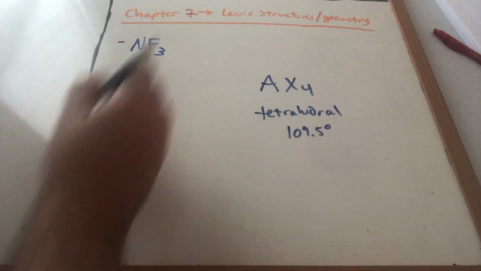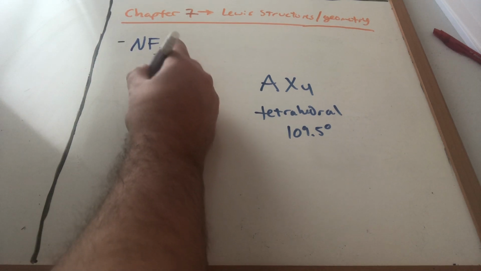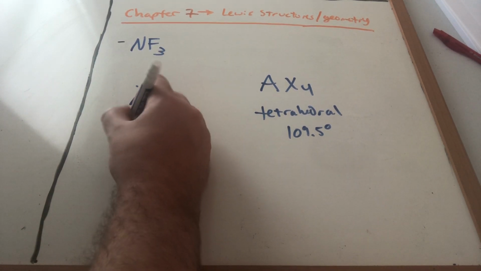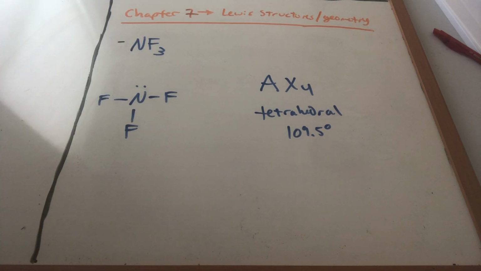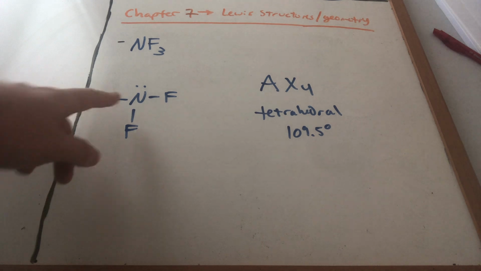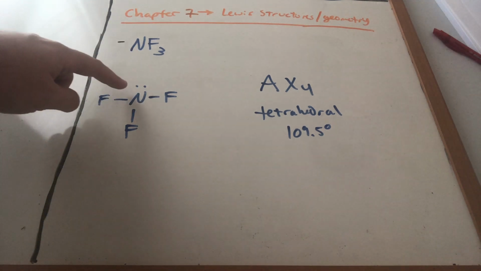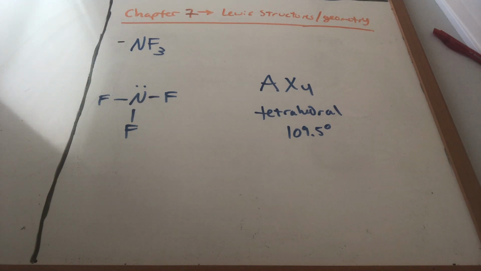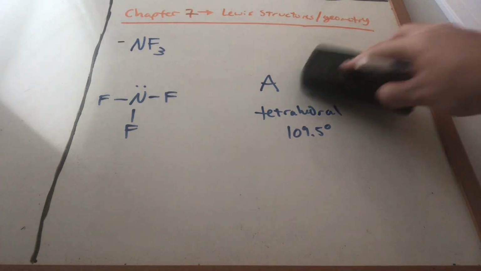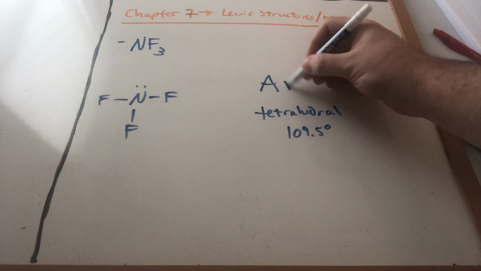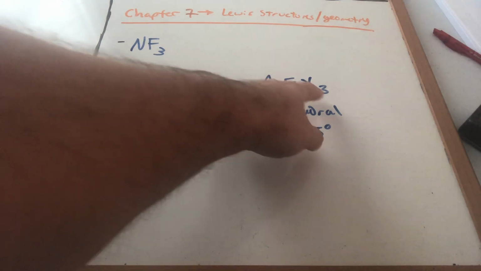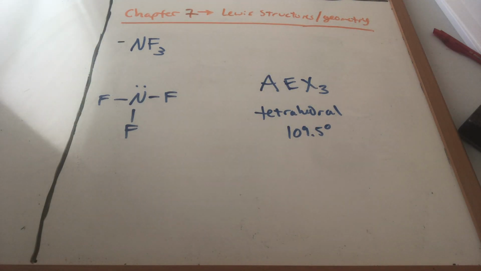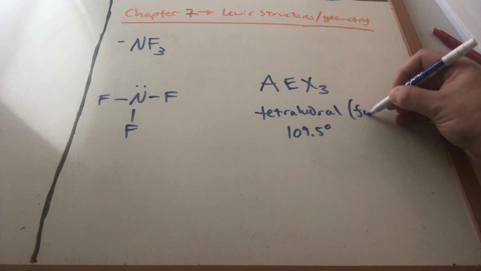And when we came up with a Lewis structure for NF3, we got this. And I'm not going to write the dots on the F, because they honestly don't influence things too much when we're determining structure. Now if I look at this, there's still 4 things on that central atom. But stuff has changed. This is actually an AEX3. Still 4 things around the central atom, so what we draw and what the family is,